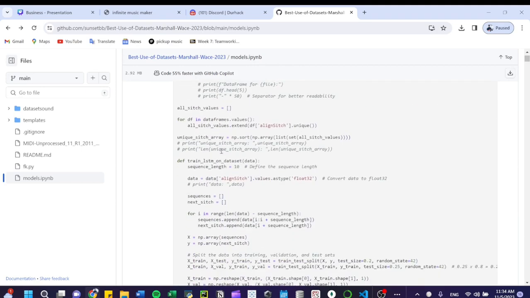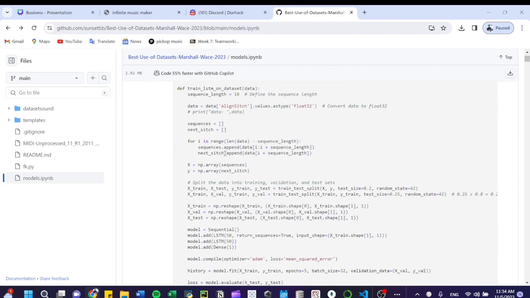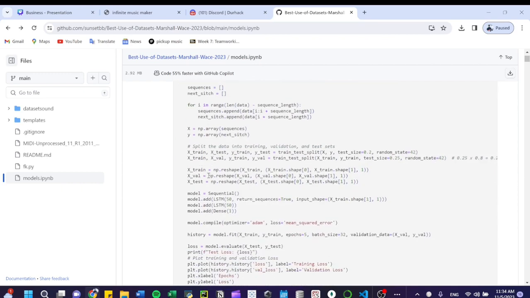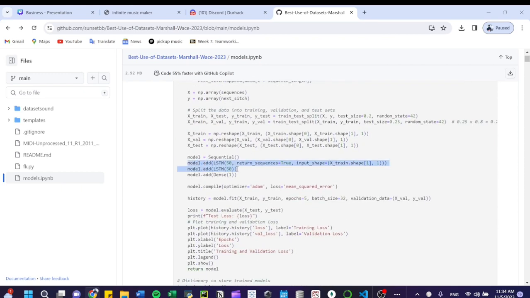And our model consists of two hidden layers of artificial neural network, and then a final node here. We use the Adam optimizer and the mean square error to fit the loss.